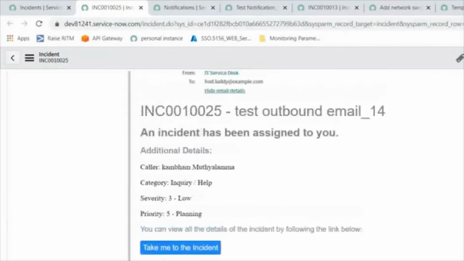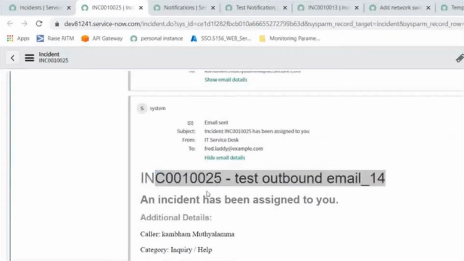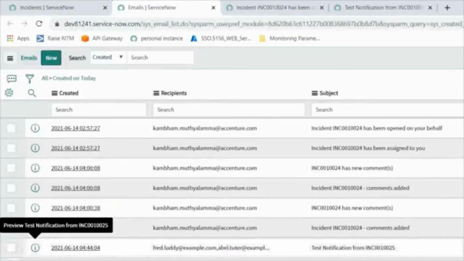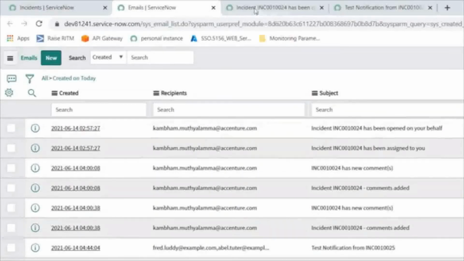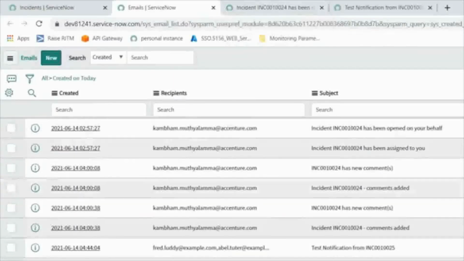If you see here, incident, test outbound email 14, the subject and assign part. If it were not sent successfully to the third party tools, that would mean it failed, something is wrong in our configuration, and we need to double check it. So that is how you come to know whether we are sending correctly or not.